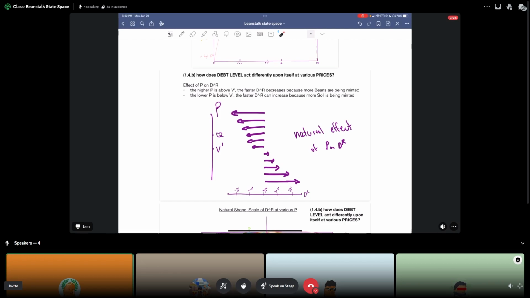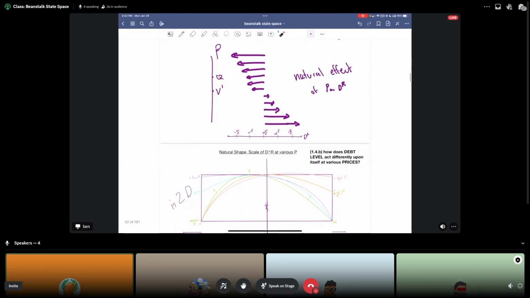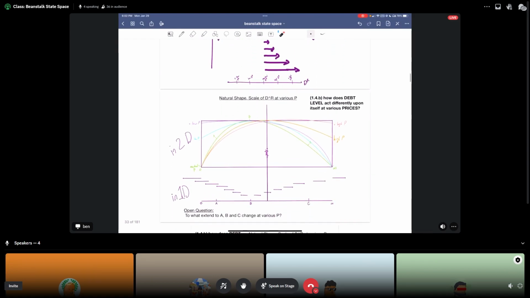And when the price is less than V, Beanstalk is borrowing beans, and so the debt level increases. We didn't really understand the shape of debt level to begin with, per se, but we do understand that at really high prices, the debt level comes down, and at very low prices, the debt level